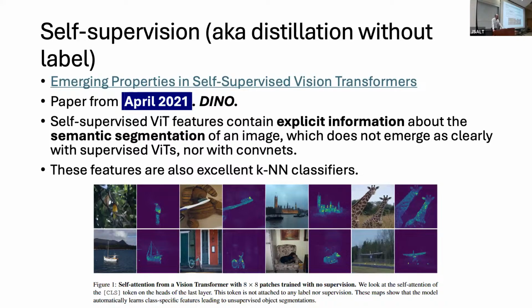And this brings us to Dino, also known as self-distillation, or sorry, distillation without labels. The DeiT approach, which was one year before Dino, had to have some information about the ground truth. And a lot of self-supervised learning was done in the meantime. And Dino is like the final solution to this. We are going to take distillation, take self-supervision, and just put it together. And what it means,